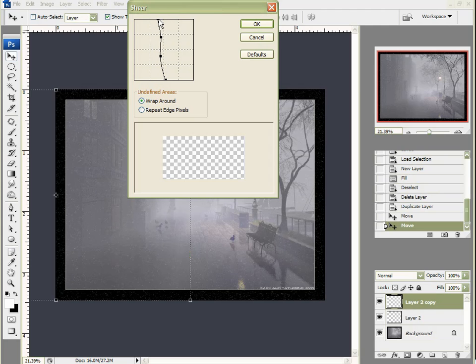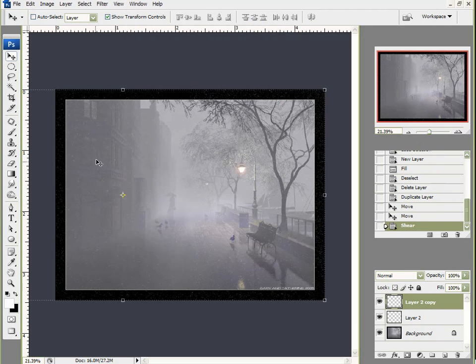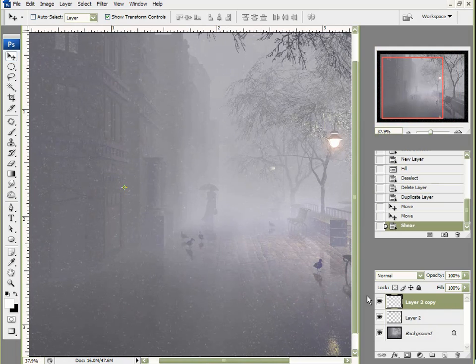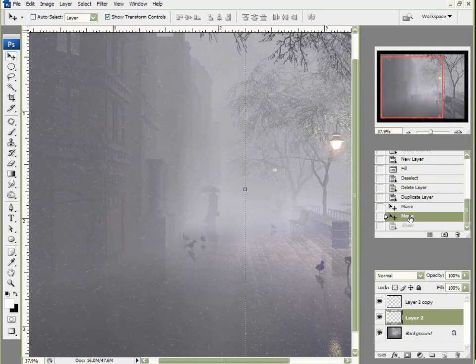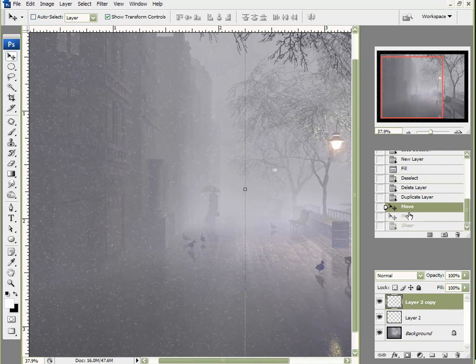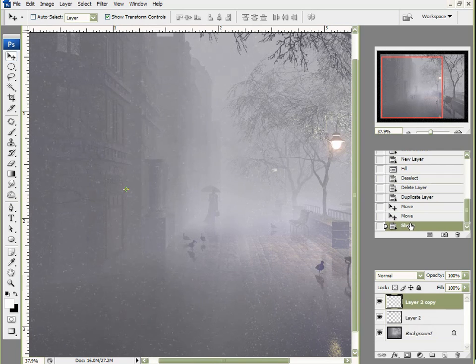If I want more, I can always come back and run this filter again if I need more movement in my snow. But I want to start off working in small increments. I can always add more, and I'm going to leave it on wraparound. I'm going to click OK. Now let me zoom in here, and I'm going to undo and then redo, and you see it's starting to add some movement to this snow,